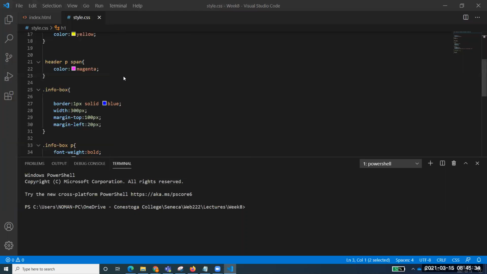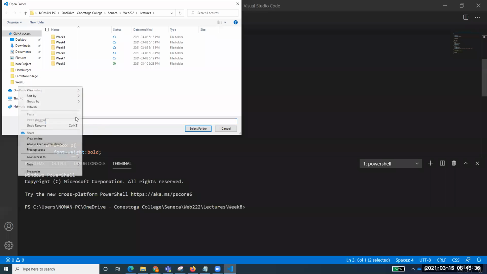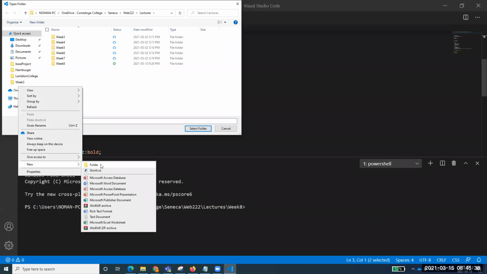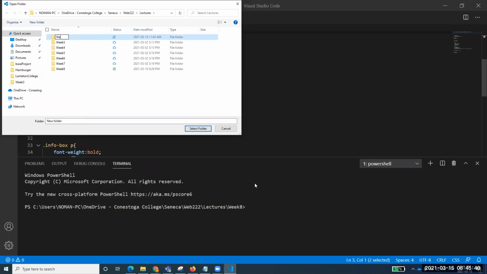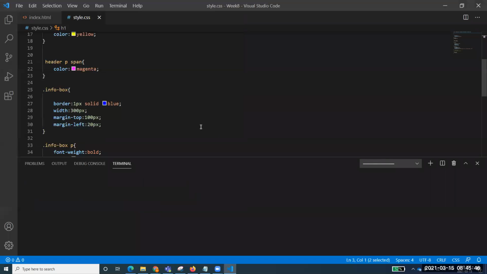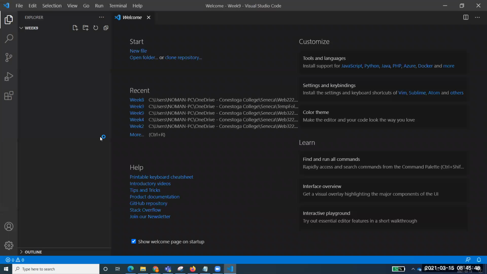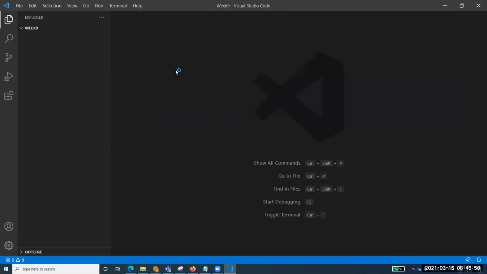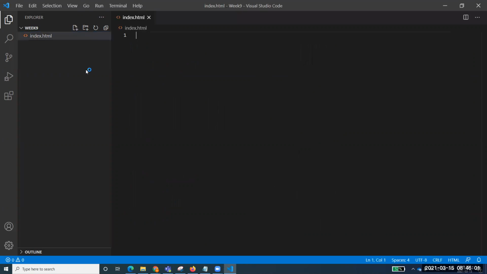And today we will be talking about our week 9, and I will be creating a new folder because this would be something new that we will be using. And today we'll be talking about the box model of CSS, which is very, very important. For that, what I want from all of you is that again, just be ready with a document, because when you will be running these documents, you will be able to better see how these things are doing.